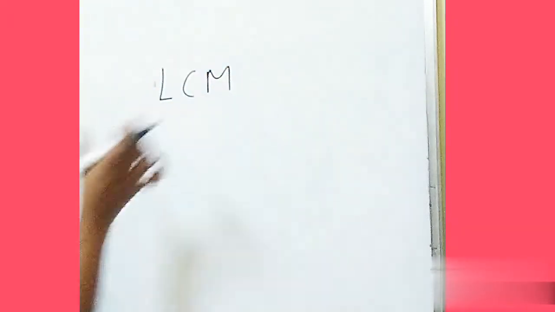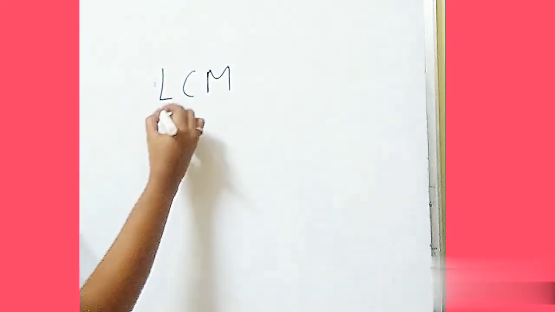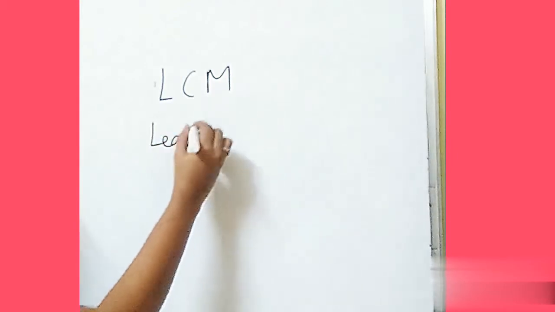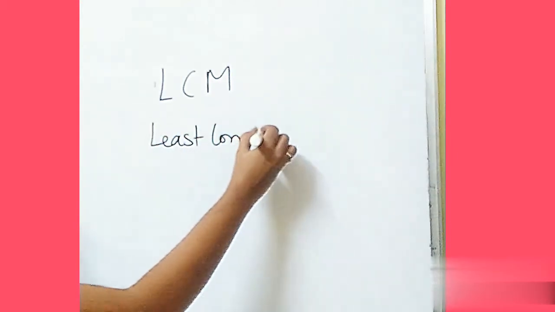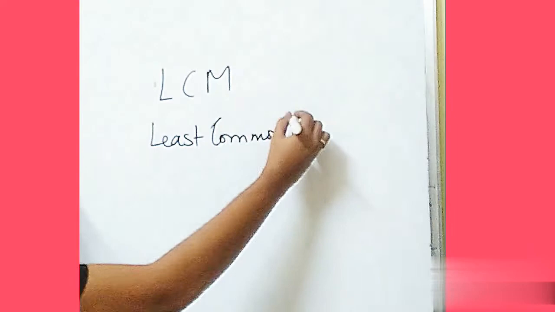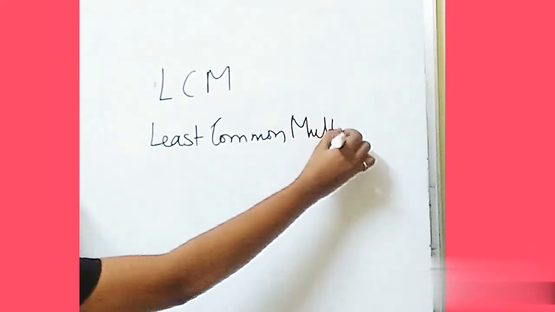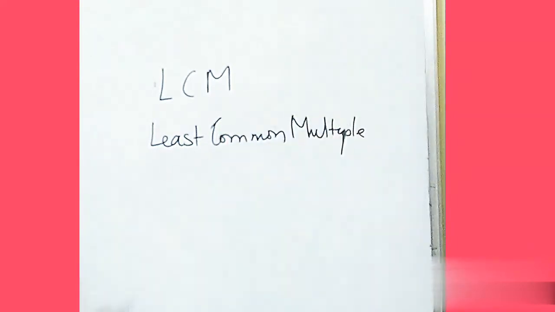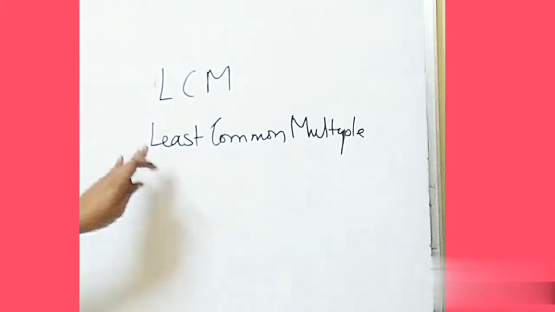LCM. What does this LCM mean? What is actually this LCM? Very simple. L stands for least common multiple. Now we were talking about multiples. What is a multiple? The number which comes in that particular table. Now what is the least common multiple? It is the minimum number that is common to a set of numbers. For example, I am taking numbers like